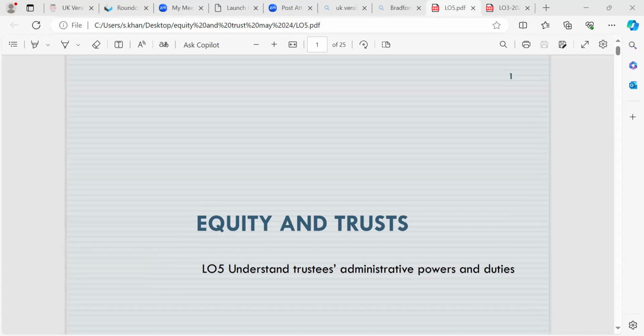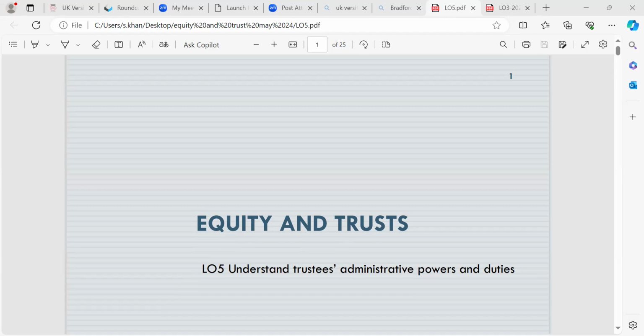We also looked at the general nature of equitable remedies, so why they are needed and why courts use them. We also looked at the remedy available only if remedy at law is inadequate. So we looked at the precondition of the award